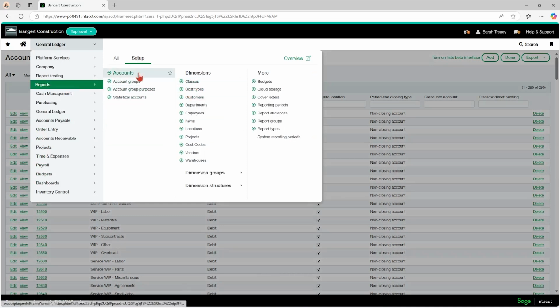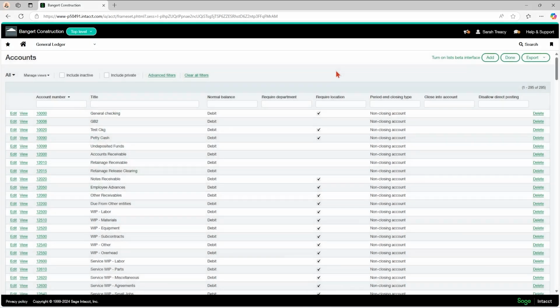Dimensions, if you go to the reports module in the setup tab, you'll see all of the different dimensions that we have here. And of course, we will have classes which go into detail on what all of these mean. Some of them are very obvious, like vendors, customers, etc. But you'll basically be using these dimensions to code your transactions to them, and then you can pull reports based off of that. So Intacct will allow you to keep your number of GL accounts a little bit smaller than what you would be used to.